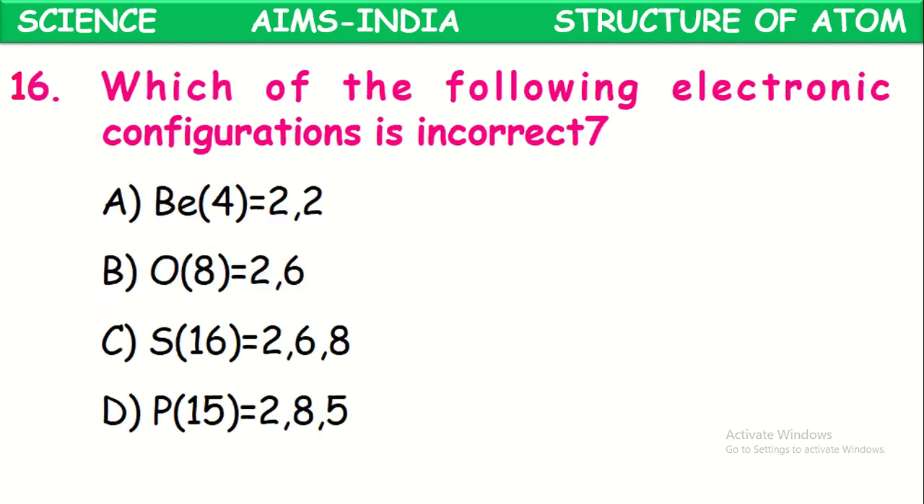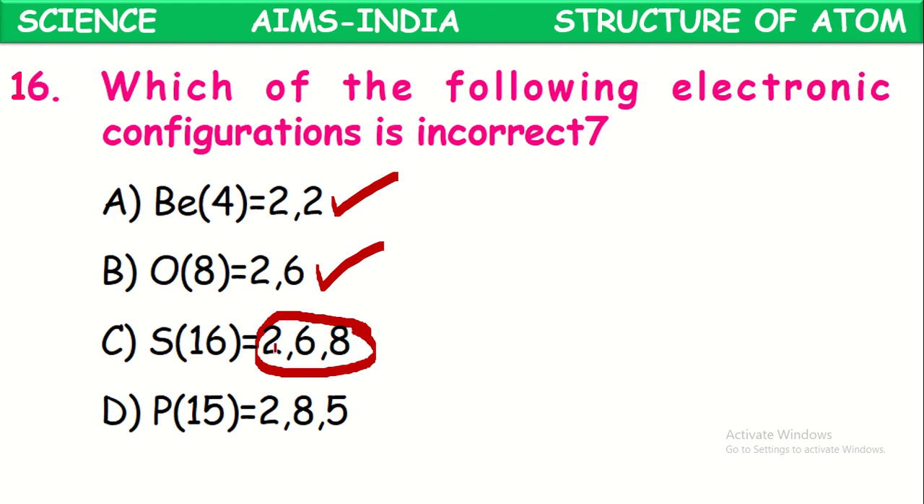Next, which of the following electronic configurations is incorrect? Observe once, beryllium atomic number is 4. So if you write electronic configuration 2, 2, it is correct. Oxygen atomic number is 8. So configuration 2, 6 is also correct. And for sulfur, atomic number is 16. The configuration should be 2, 8, 6, but they mentioned here 2, 6, 8, which is wrong,